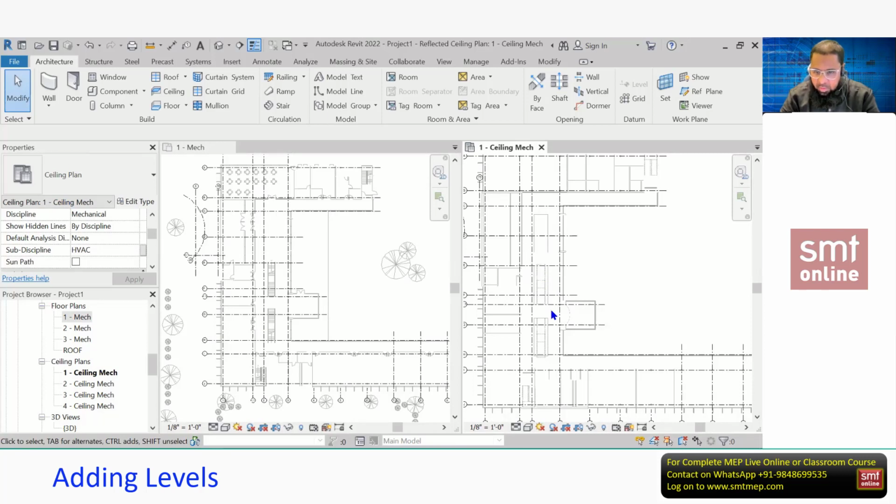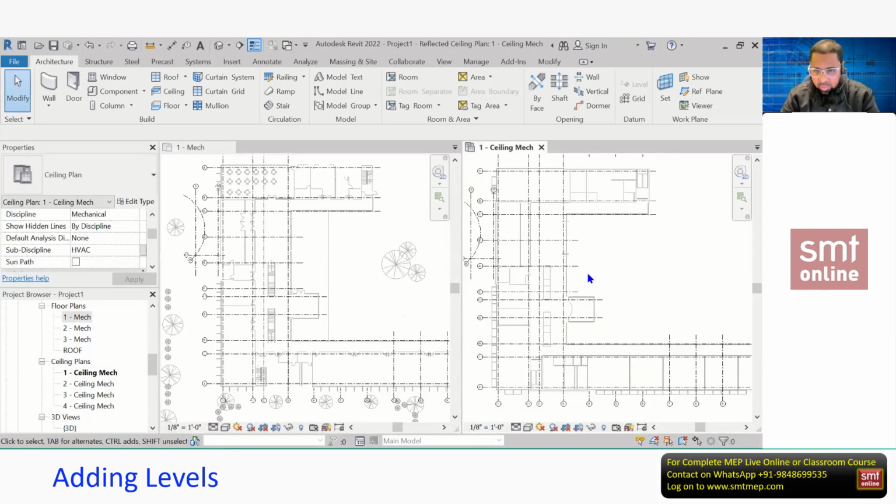Don't worry, we'll discuss more about this when we use these plan views. I think there's no confusion in the floor plan. In the ceiling plan you may have some confusion, but when dealing with the view range you'll get a clear idea. At this level just remember 1 mech and 1 ceiling: the visibility is not the same in both views. Floor you can understand, but for ceiling we have a view range topic we'll discuss in detail. At this level ignore this.